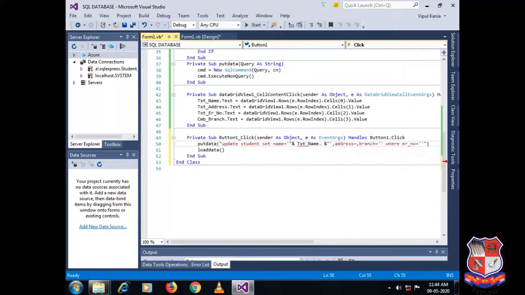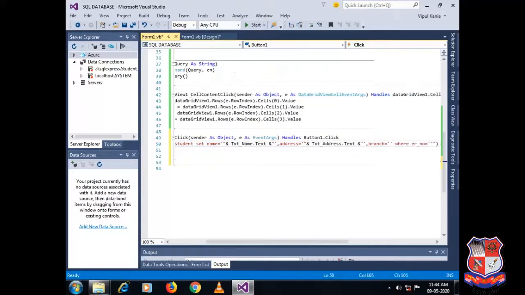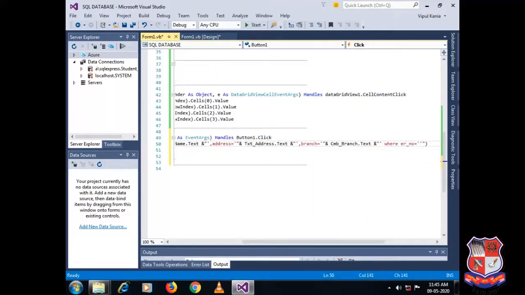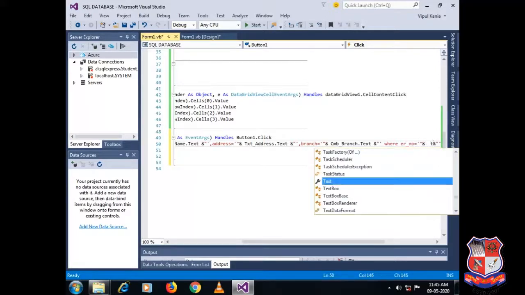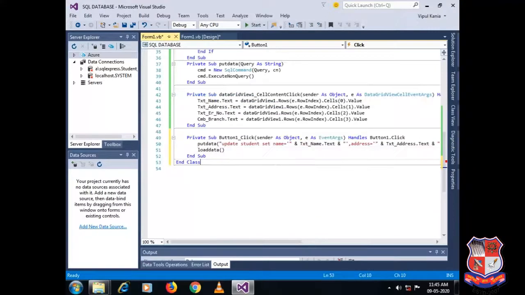txtName.Text, txtAddress.Text, cmbBranch.Text and enrollment number is txtErNumber.Text. Now let's check whether it updates the record or not.